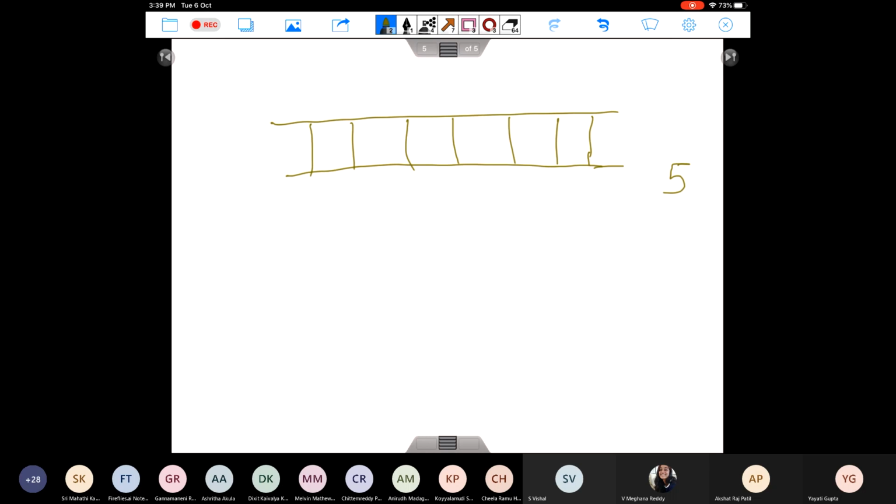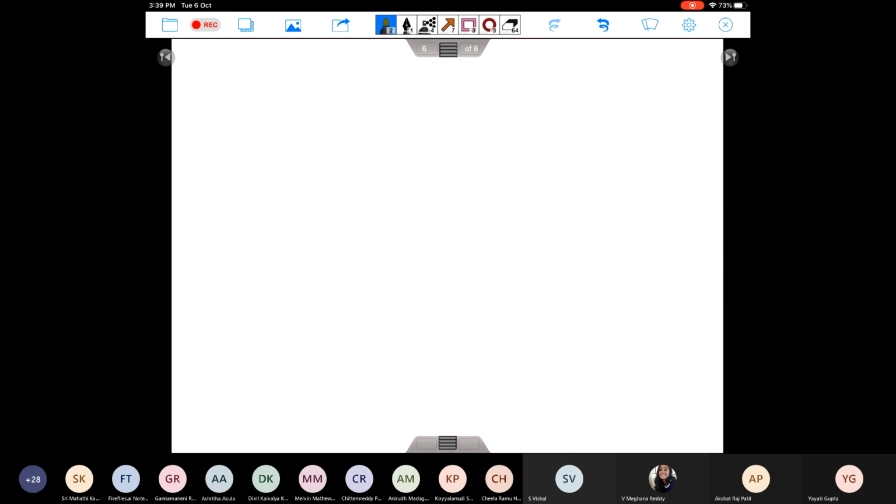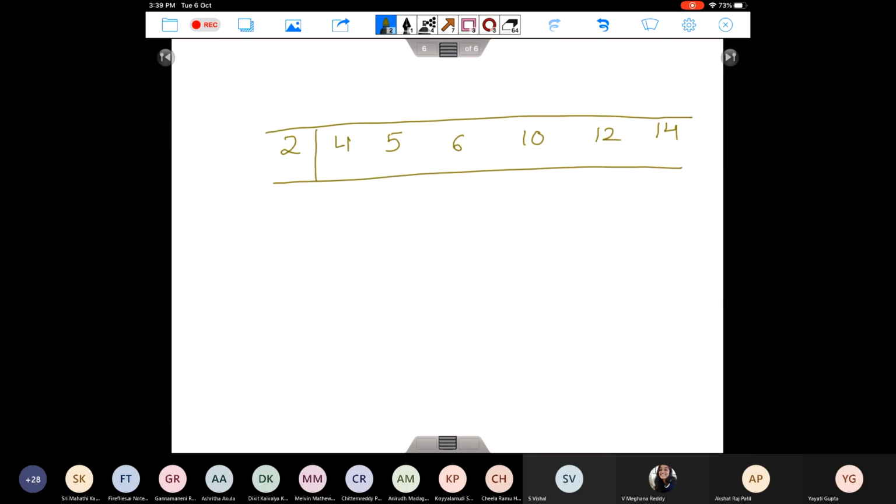Assume that the array which we have given to you is already in ascending order. Ascending order means when you move across this array, the elements are in increasing order. So it can be an array like, let's say, 2, 4, 5, 6, 10, 12. We say it is sorted. And now in this sorted array, you are asked to search a number. Can you think of a better approach?